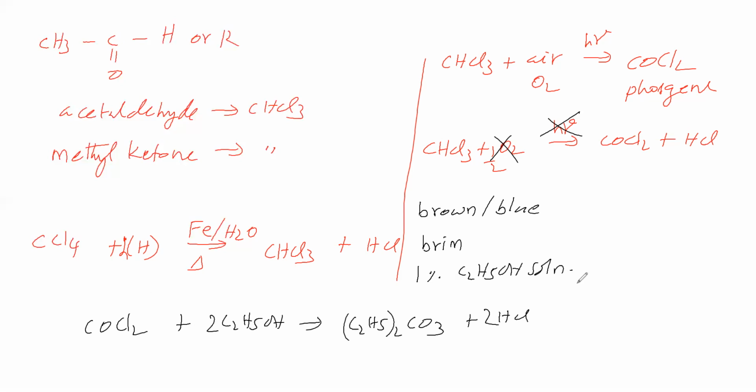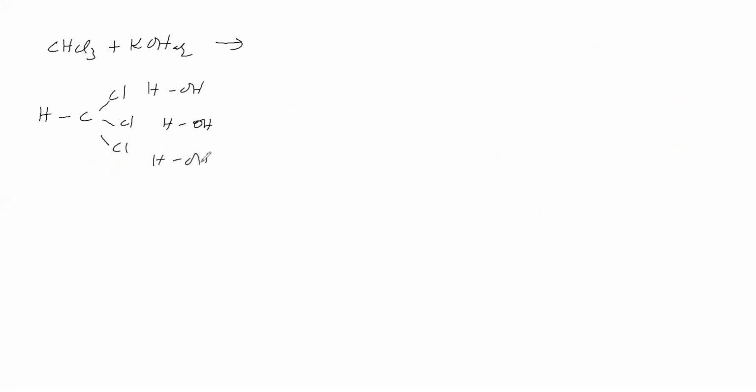Now we will see chloroform's chemical properties. Chloroform undergoes hydrolysis in the presence of a base. We take chloroform and water molecules for hydrolysis, and here the medium is base. Now this HCl is leaving, this HCl is leaving, this HCl is leaving. So in place of the chlorines we are getting OH groups.